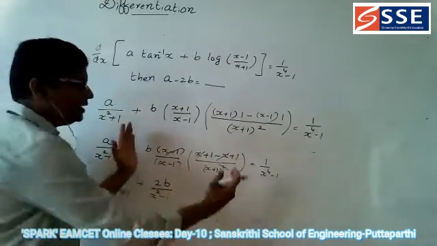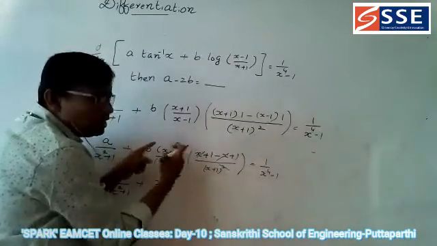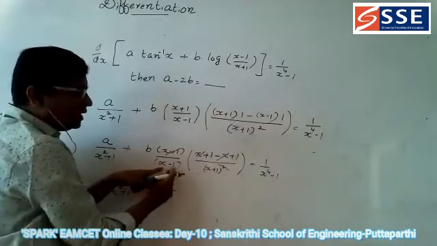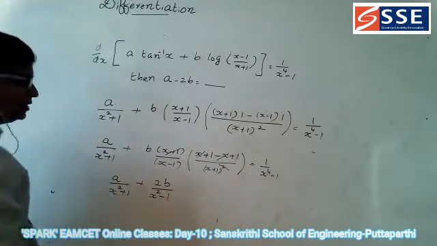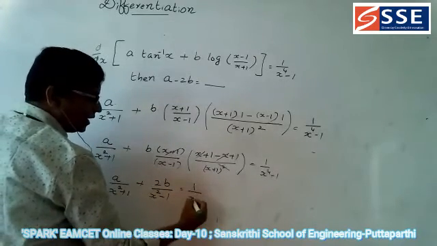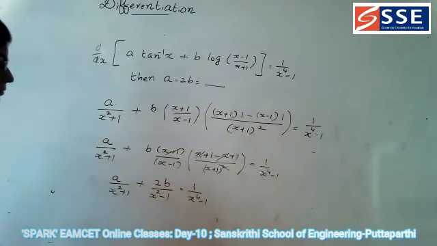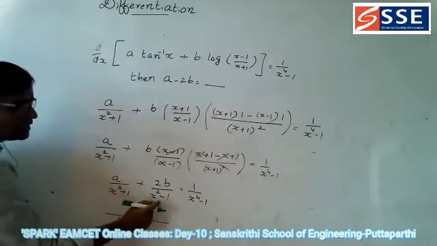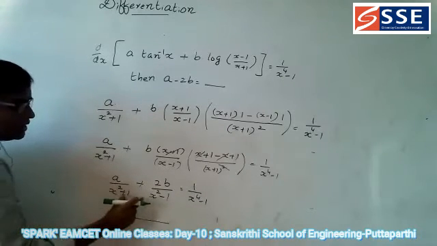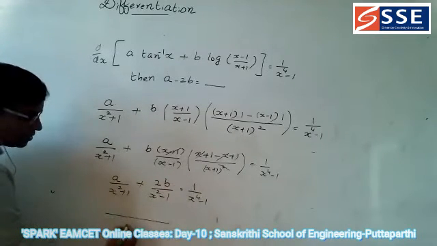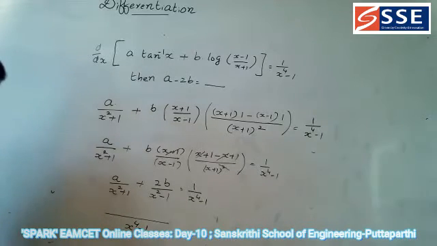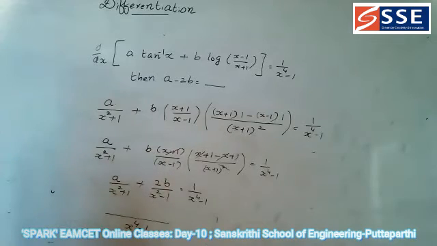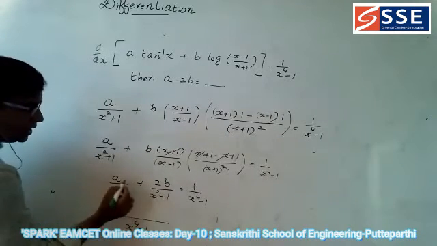I am just, this is totally in multiplication. Simplify any numerator with any denominator. After simplification, x plus 1 into x minus 1, a plus b into a minus b, a square minus b square, is equal to 1 by x power 4 minus 1. Okay, now we can take the LCM. Take LCM means x square plus 1, x square minus 1, both are different. a plus b into a minus b, a square minus b square. So x power 4 minus 1: a square, x square whole square is x power 4, minus b square, 1 square is 1. Now you can cross multiply this.